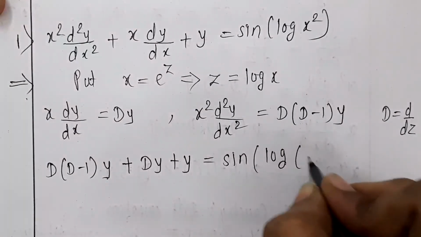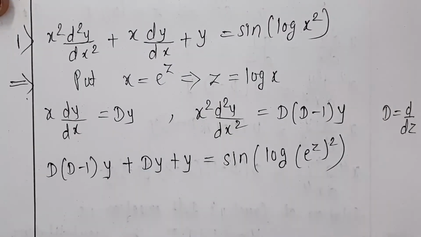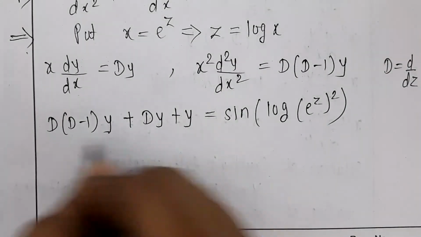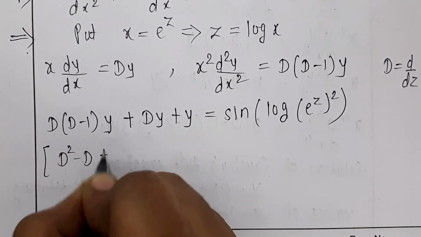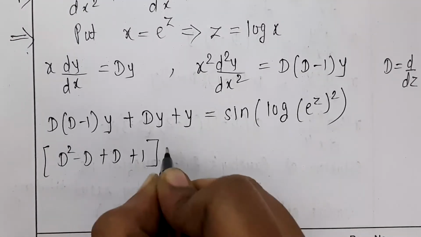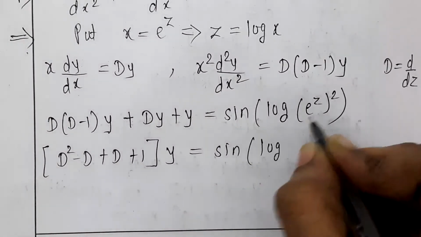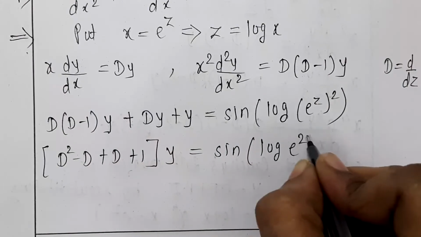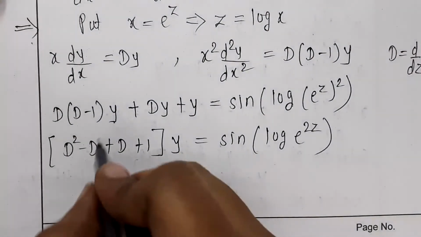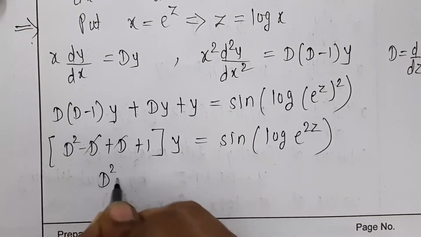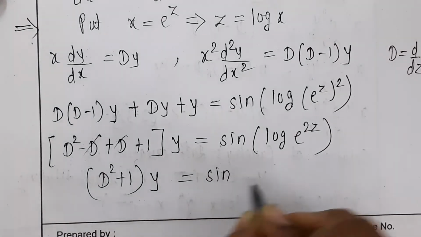What is x? x is e to the power z, whole square. So we have to replace each and every x. Now, taking y common, D into D minus 1 is D square minus D, plus 1, multiplied by y is equal to sine of log of e to the power 2z. So D gets cancelled: D square plus 1 multiplied by y is equal to sine of